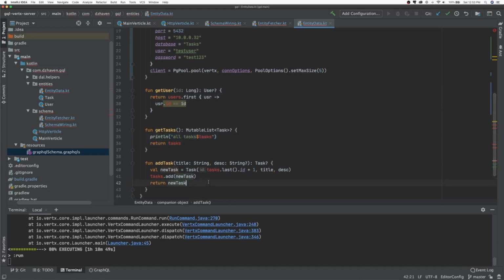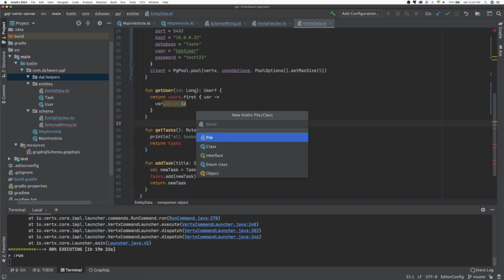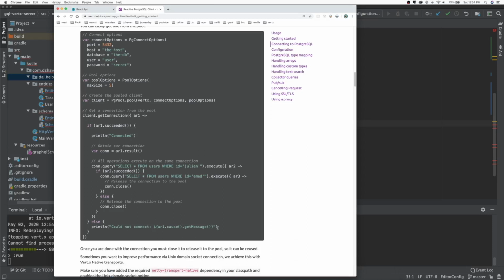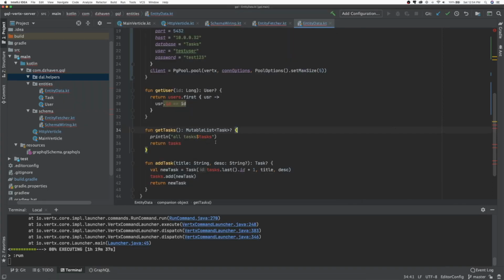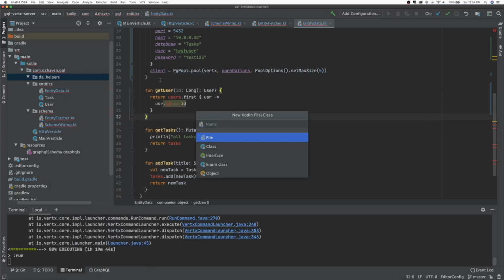But before we do that, we're going to create a data helper class that's basically going to, let me show you the website again, prevent us from having to write this long complicated code over and over again. So I want to create some helpers that will eliminate that need. So I'll call them